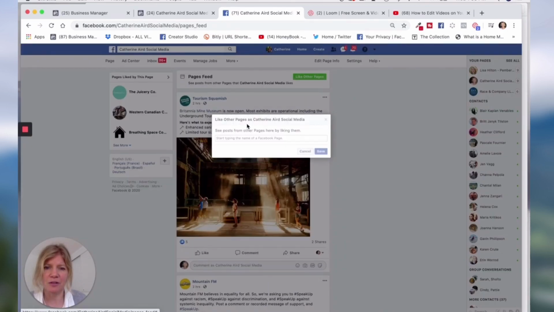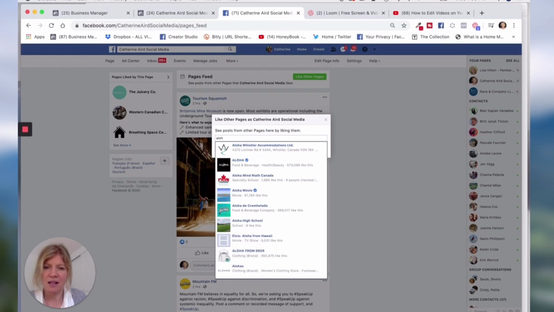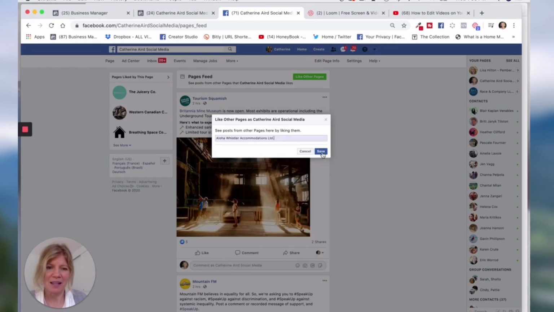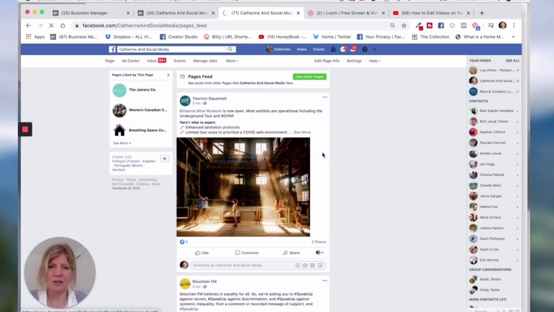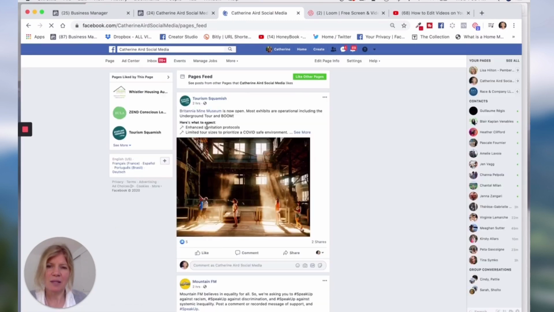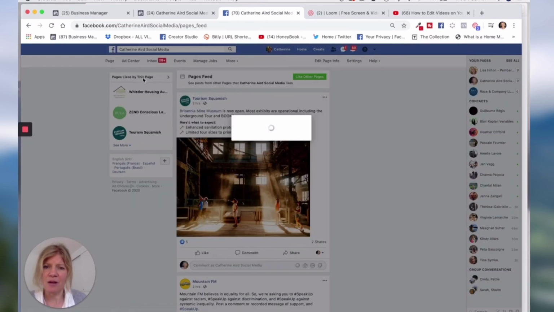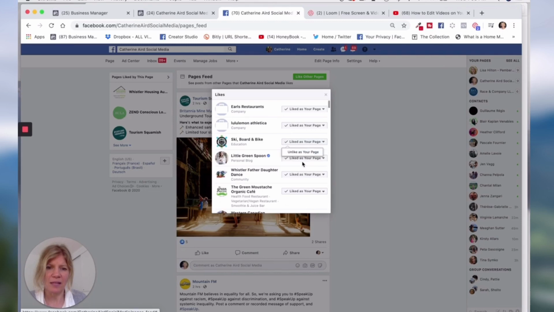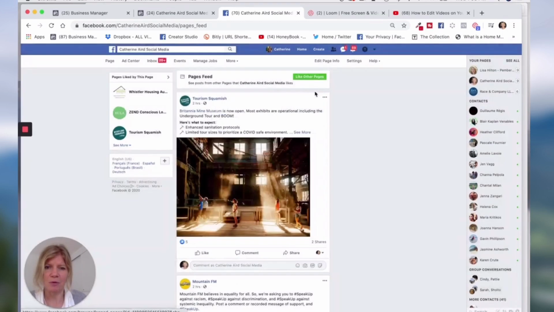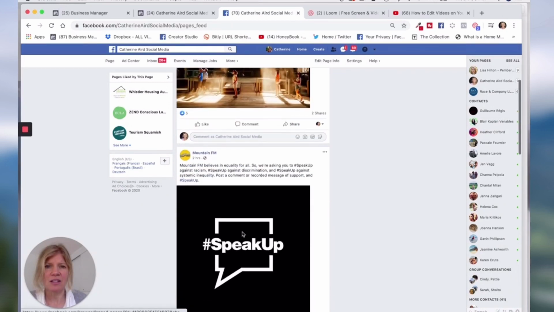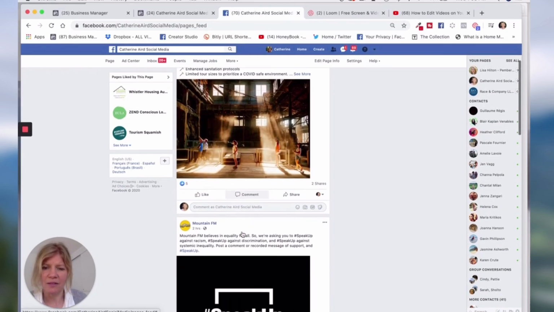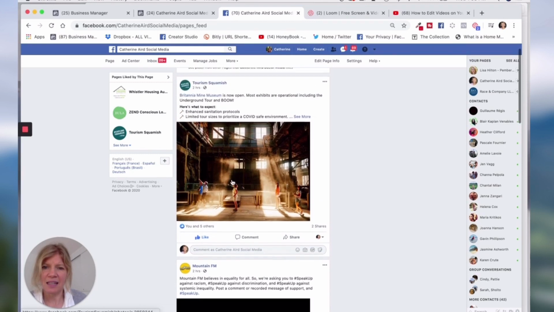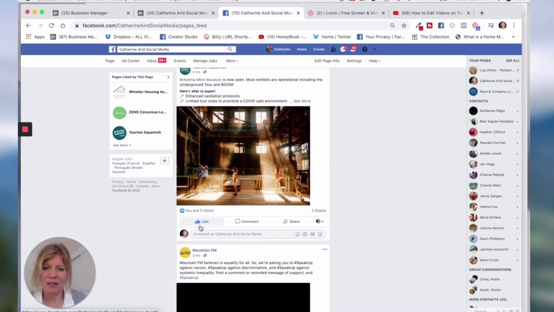I'm going to do another exercise and I'm going to go under Aloha Whistler, which is one of my clients in private coaching. So you go here and all the pages that I follow are now all listed here. You can always remove them if you don't want to follow them anymore. But what happens is all of a sudden for 10 minutes, I can go around and I can like, and I can, so it's now open. I can put